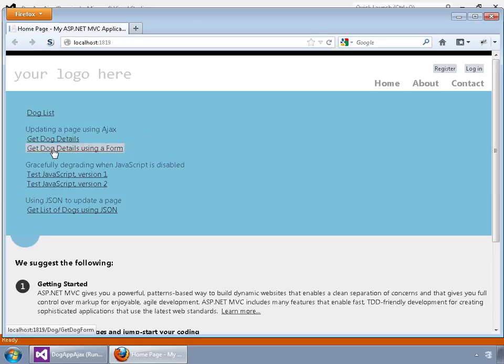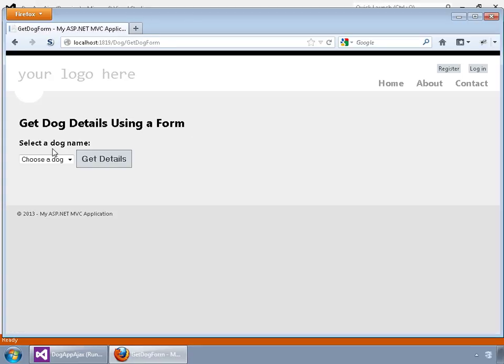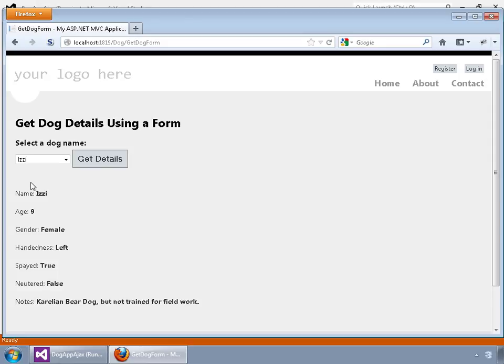So here we're going to be getting the dog details using a form. Here we have a form that has a drop-down list with our dogs populated. So I'll go ahead and select Izzy and click the button Get Details. As you can see, it retrieved the information